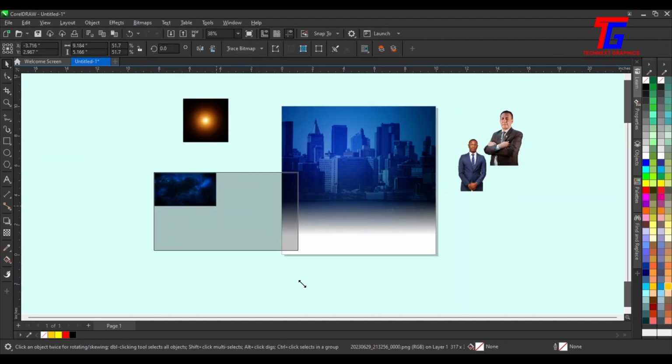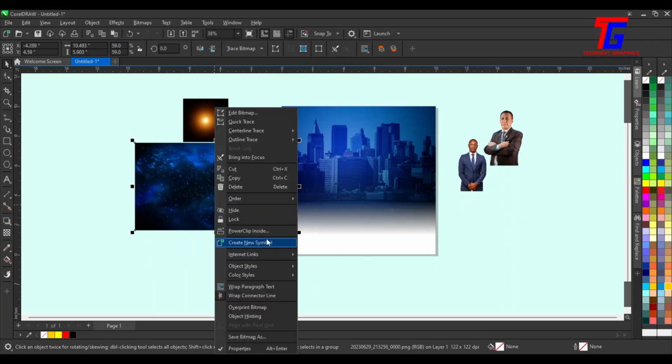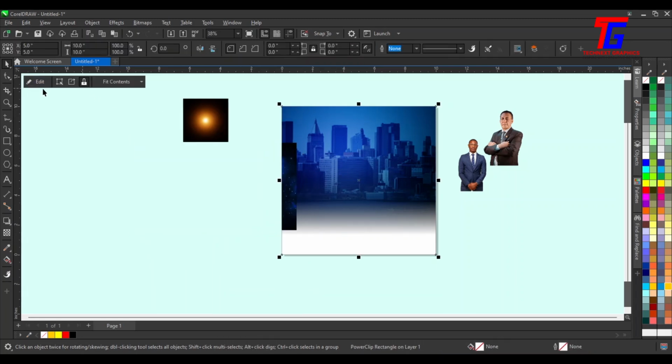Take this other image, resize, right click, power clip inside, click edit,